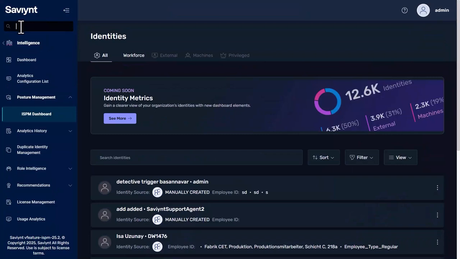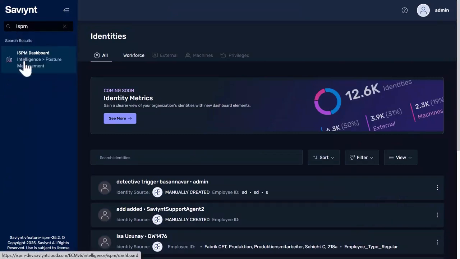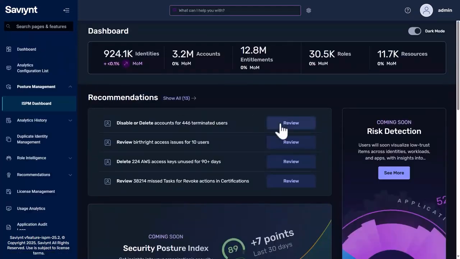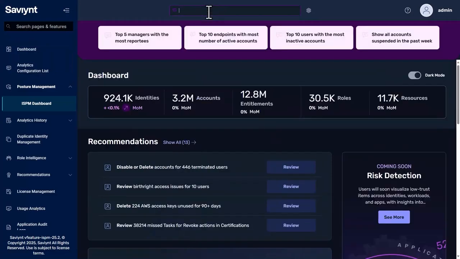To access the ISPM dashboard, search and select ISPM dashboard or navigate to Intelligence, Posture Management, and ISPM dashboard. On the very top of this page, you can find Savi, a chatbot powered by an advanced conversational AI engine now integrated into the ISPM dashboard. This integration delivers a seamless, AI-driven user experience. This conversational AI engine simplifies data analysis by transforming natural language prompts into SQL queries. Users can interact with the copilot using plain English to generate, optimize, and execute queries without manually writing or modifying